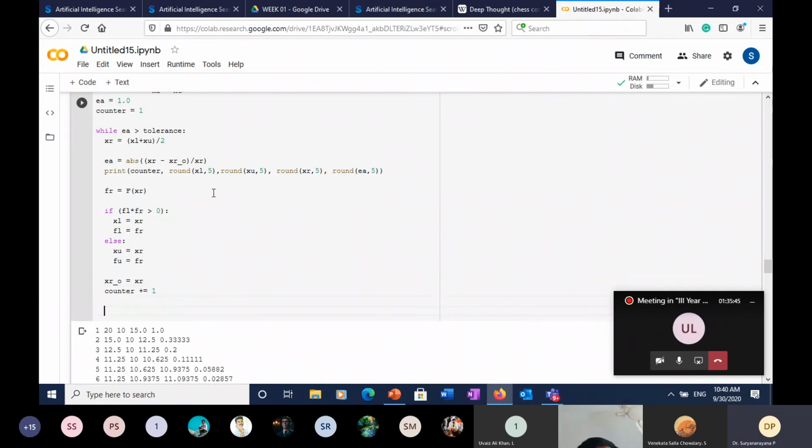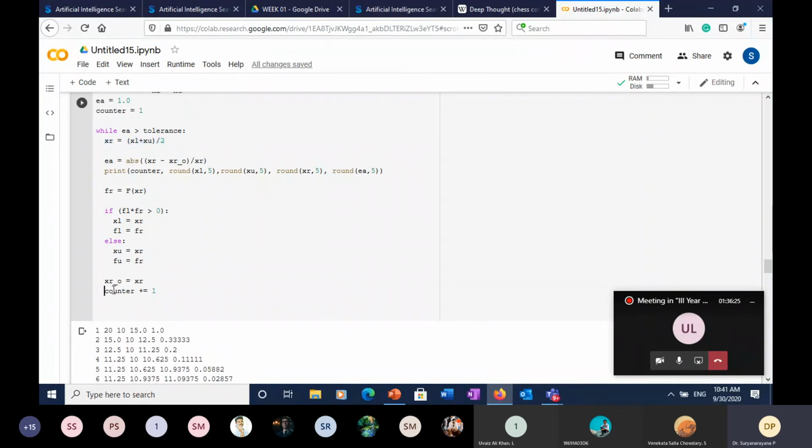After every iteration, for the sake of comparison, we are comparing the old root value with the new value. So you have to save the old value. At the start of the iteration, we are calculating the new value of XR. So before that happens, you want to save whatever the value is. At the end of the iteration, we are storing it in the old root XR0. Now when you go here, you overwrite XR, but for the sake of comparison, you store the old one. So this is the end of the previous iteration.